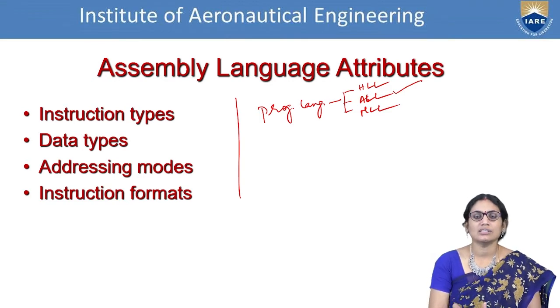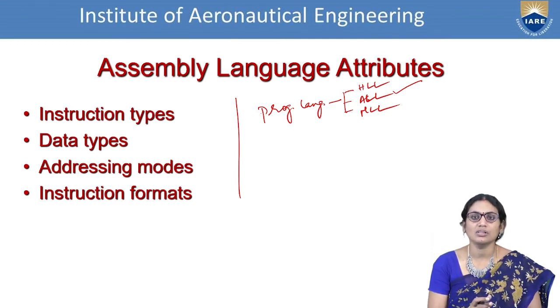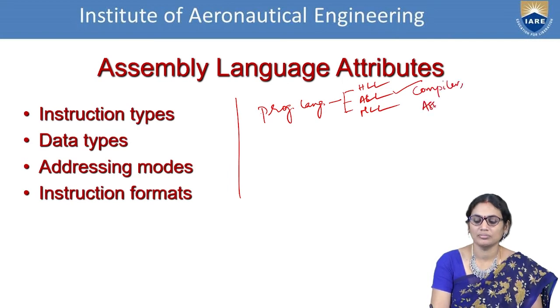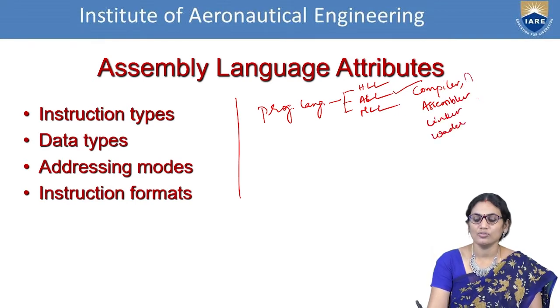Now, this is just a mode of communication which helps the end user to interact with the machines. When the end user interacts with the machines, they will be issuing some important things like the compiler, assembler, linker, and loader. As a part of this, we have already seen examples in the last sessions.